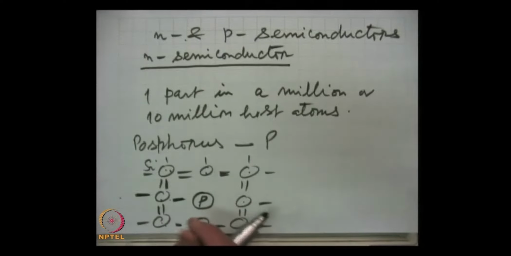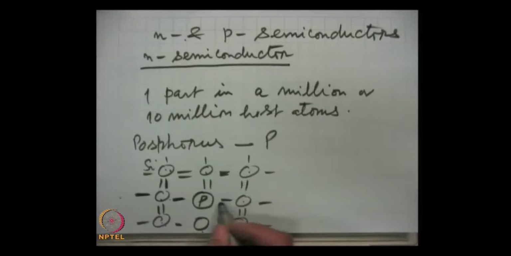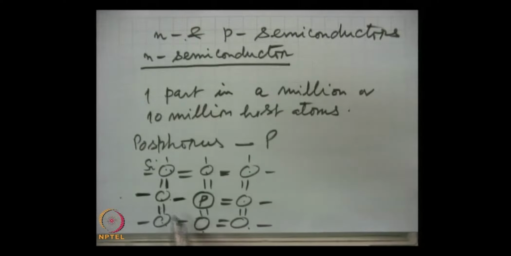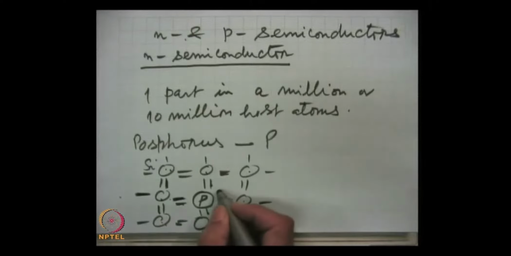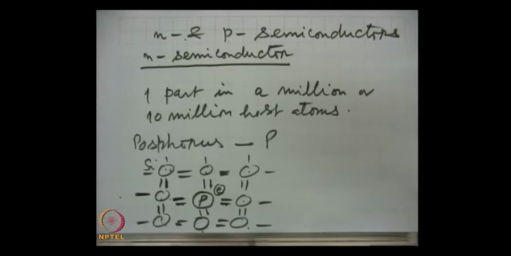Now, phosphorus being pentavalent, it has 5 electrons in the outer shell. Out of these 5 electrons, 4 will form covalent bonds with the neighboring silicon atoms. One electron is here, another here, one here and one here. The 5th electron is extra, there is no energy state available to it, and it is very loosely bound to the parent